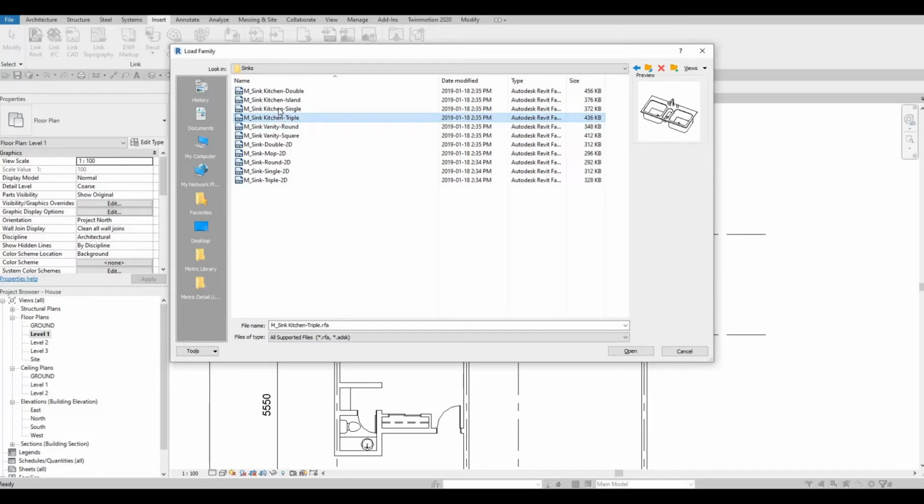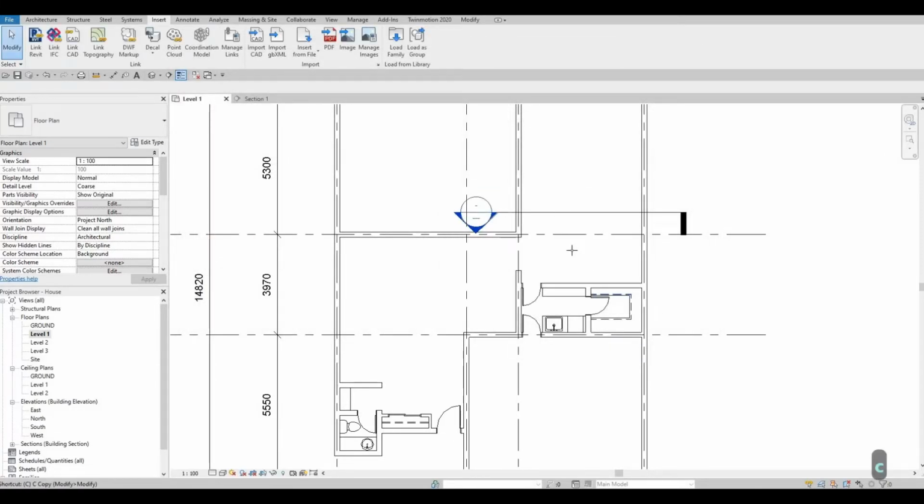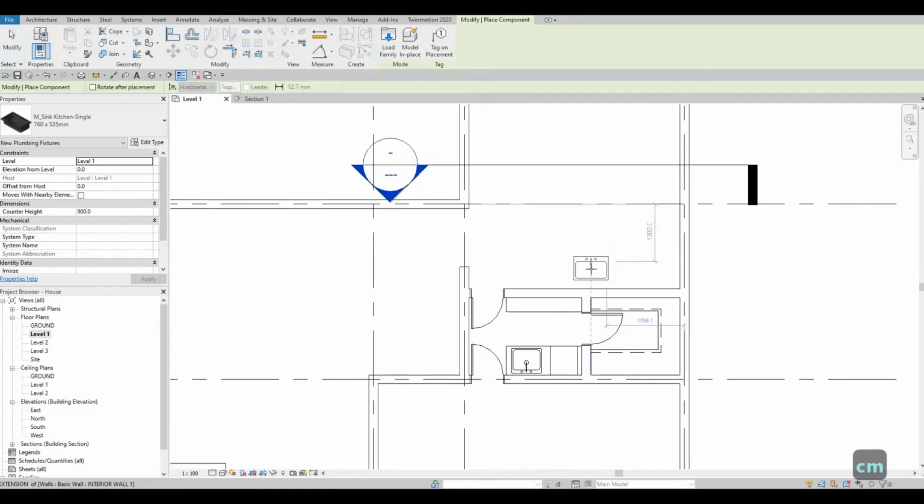So now here we're going to add this big single kitchen sink. I'm going to click on open and then CM. We're going to add it in the middle, right? So I'm going to add it right here,